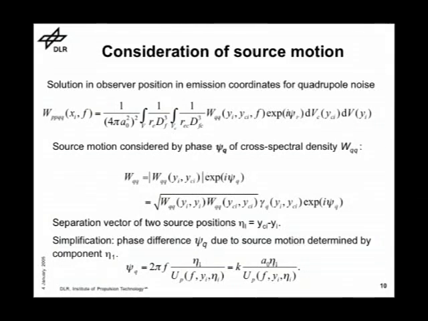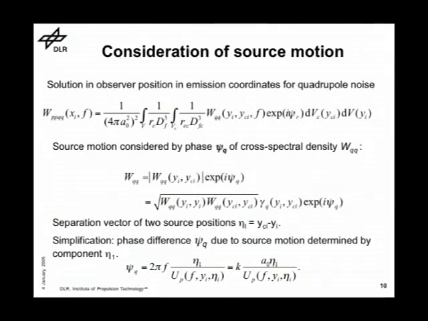The phase speed is a function of frequency in stability theory. It can be as low as 0.2 times the jet speed for very low frequencies, and as high as 0.8 times the jet speed. But I assume in my calculations now that it is 0.7 times the jet speed. So the phase is given directly as a function of the axial distance between these two source elements.